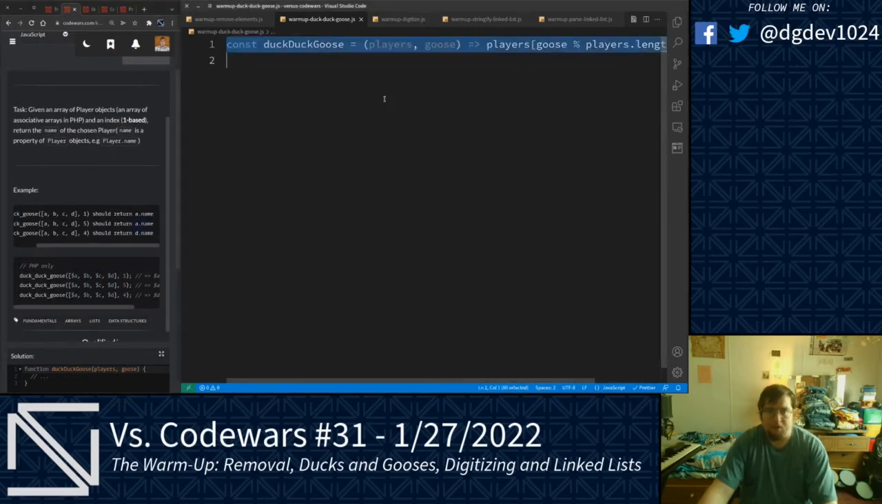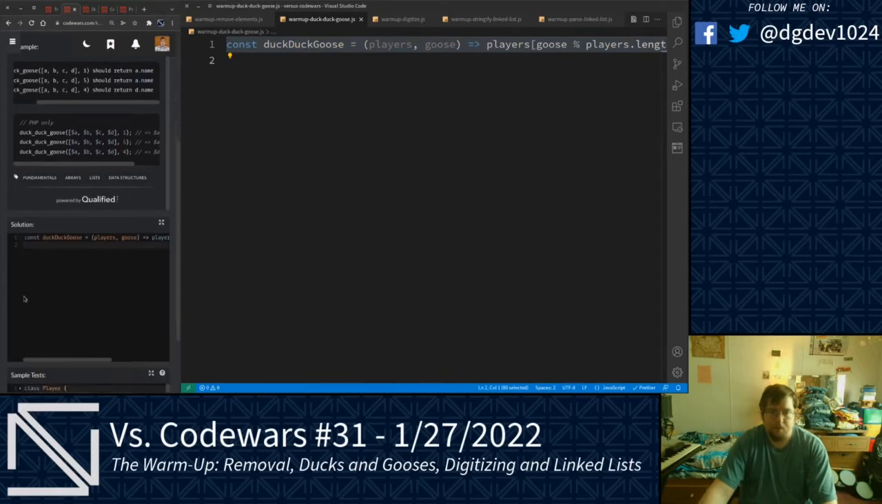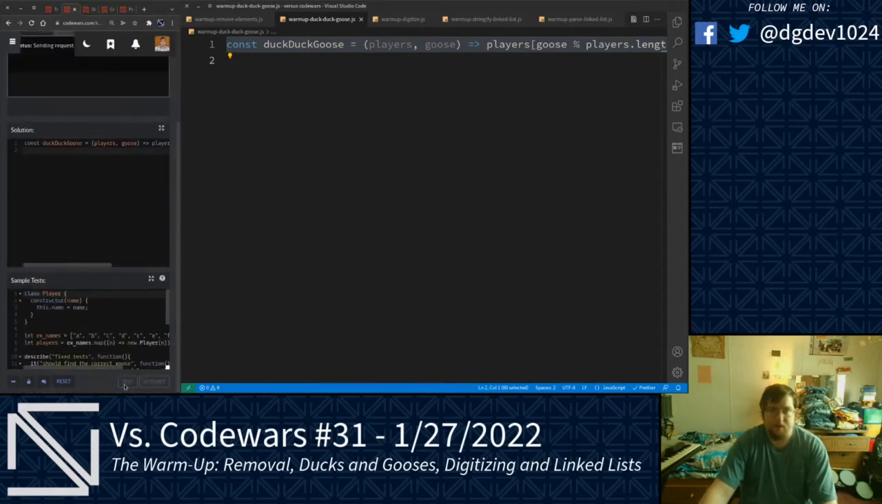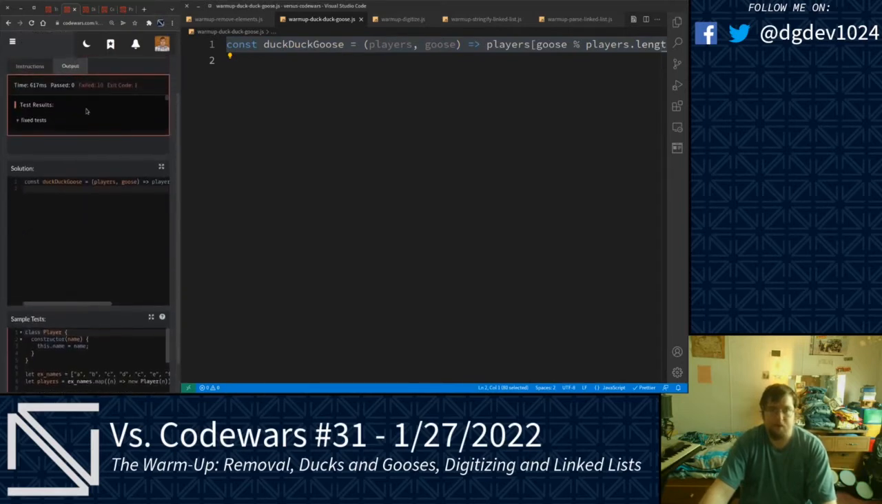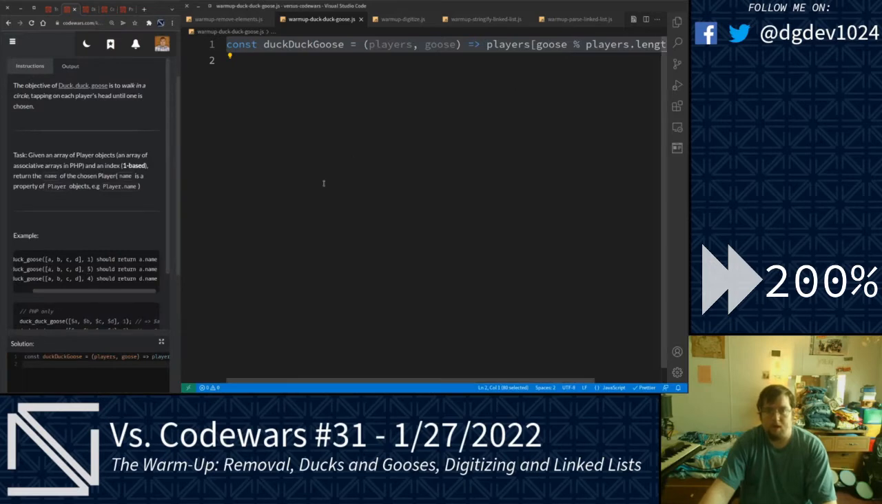Let's go ahead and punch this into Codewars and see what this looks like here. And let's run the tests. And what's going on here? Expected A, instead got B. Oh. 2, 3. Oh, 1, 2, 3, 4, 5. Oh, okay. This is base 0 here. So we were 0, 1, 2, 3,